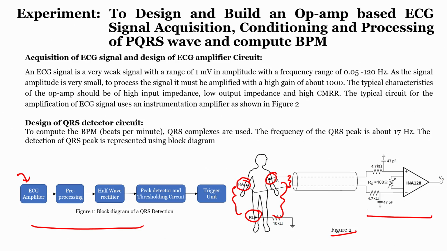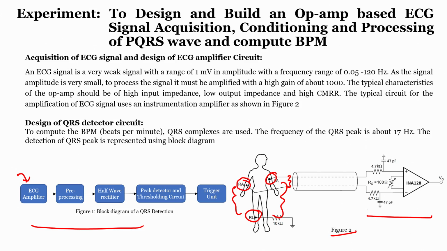So, if I want to use it, the signals we observe from RA to RL and LA to RL will look similar, meaning those two are almost common mode signals. In such a case, if I want to take the difference between these two independent signals, we have to go with an instrumentational amplifier.